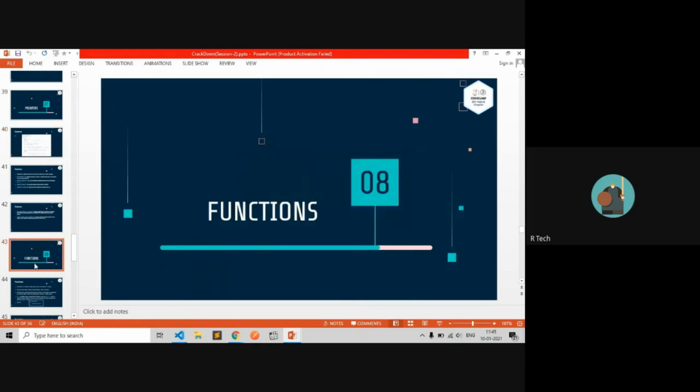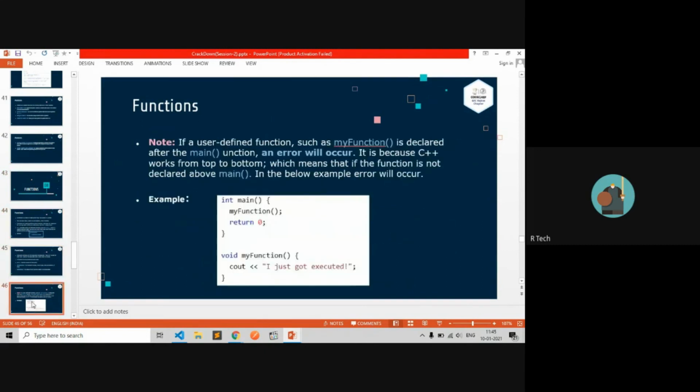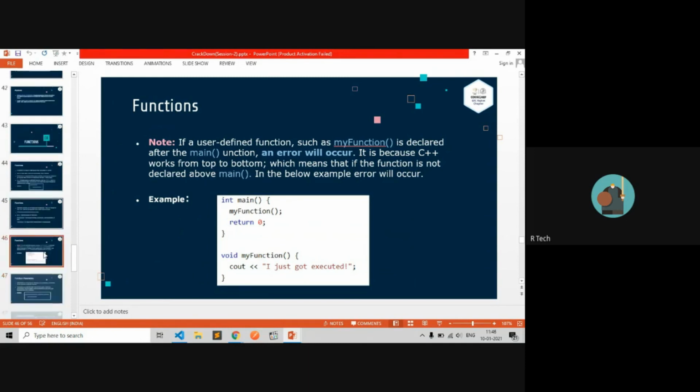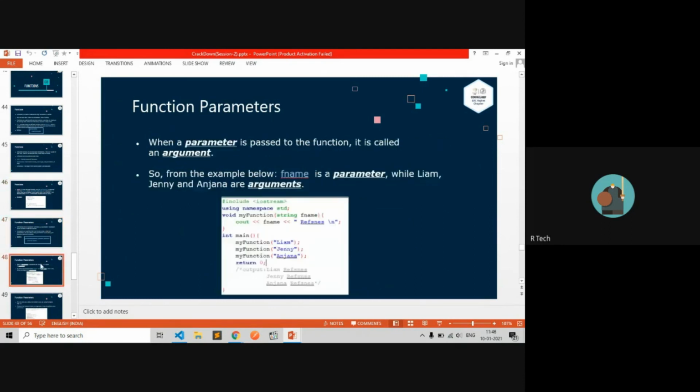After that, we introduced functions. This is the function: declaring a function, defining a function. After that, what is the return type, what is a function argument, and calling a function. These are some major concepts you have to know: parameters and arguments.